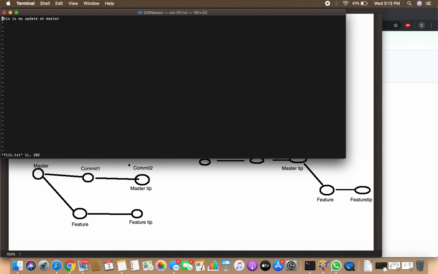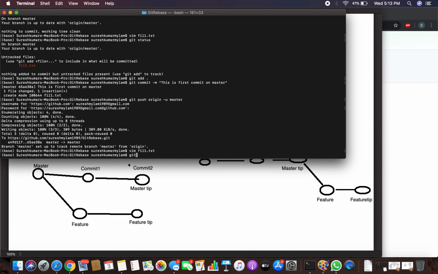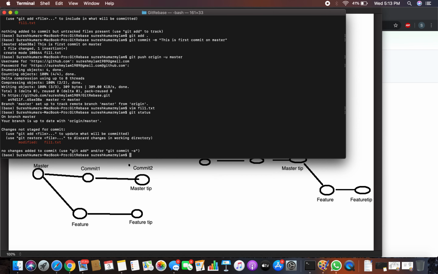file1.txt. I'm just editing something. It's just an update. Press escape :wq and quit. Okay, now again you can check the git status. The file is modified.